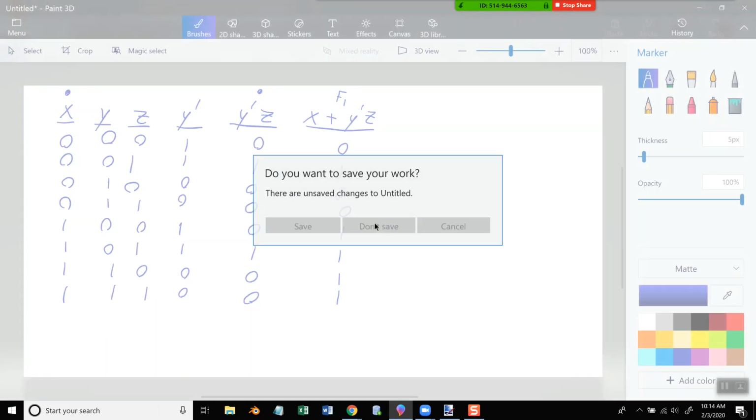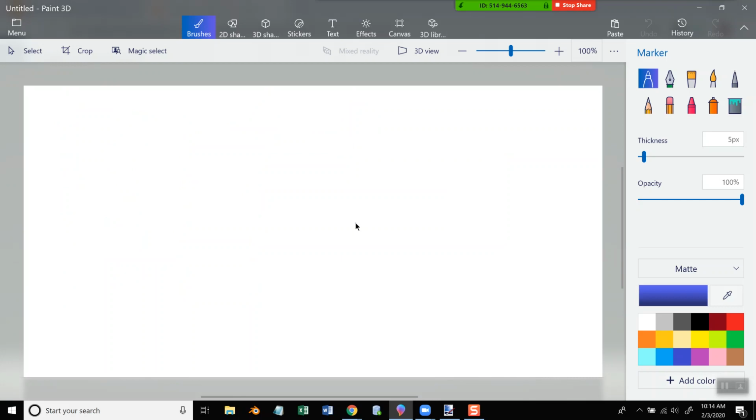x plus y prime z. The book will always do these neater than me, but you've got 3 inputs coming in: x, y, and z. Now, y is going through an inverter. Y prime is an inverter, that's a not. That flips it to the opposite. So if it's coming in as a 1, it'll flip to a 0. If it's coming in as a 0, it'll flip to a 1. Then that's coming in with z